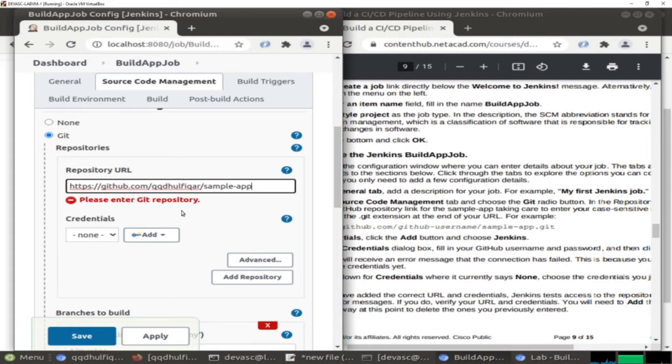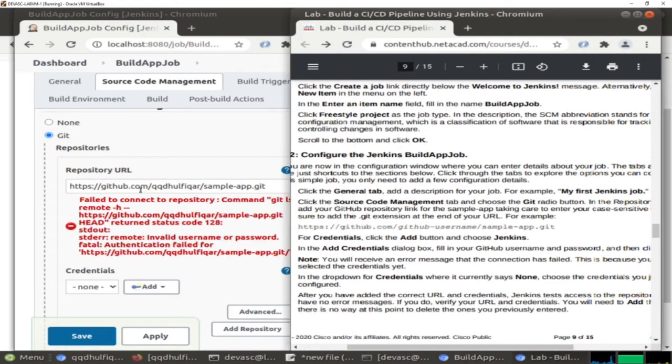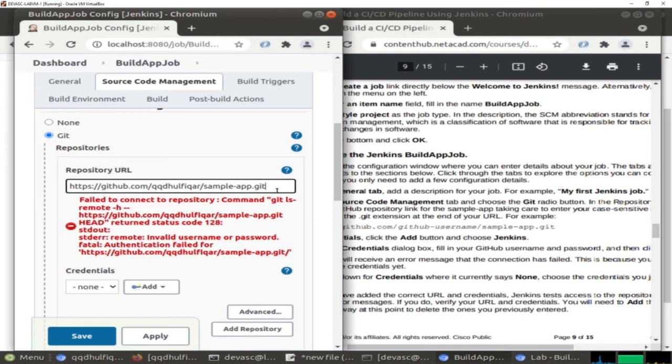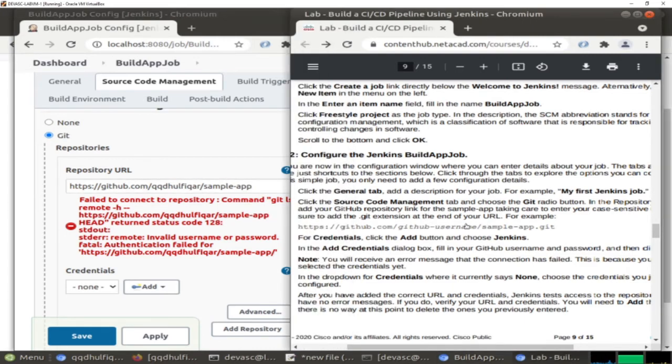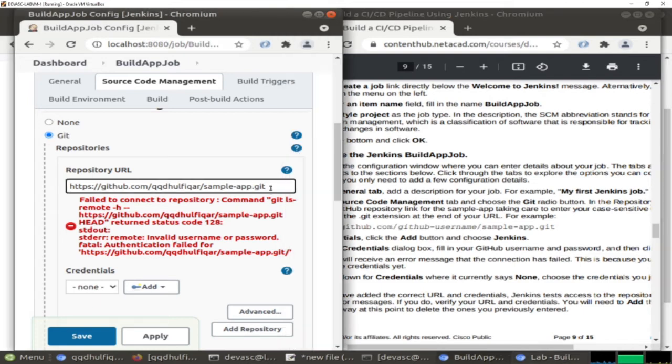And of course, we need to put .git. Okay, we have here an invalid username and password. Let's do this by clicking add